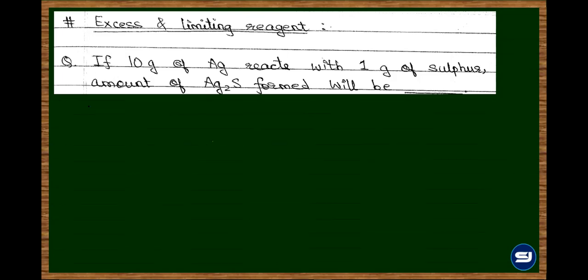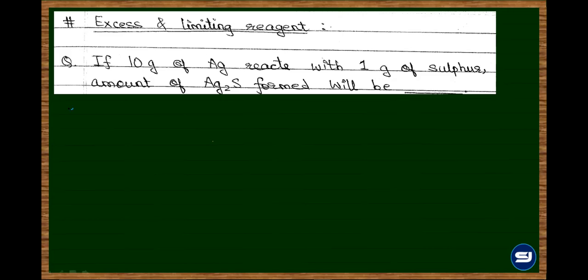Okay, there is some correction. I'll tell you what it is. Let's understand the concept of excess and limiting reagent. So excess and limiting could be found by the concept of equivalence also. You have to just compare the equivalence of the two reactants. Whichever is less becomes the limiting, and from that we can find the amount of the product formed. तो ये हम कर भी चुके हैं. Just one more example I've given over here.